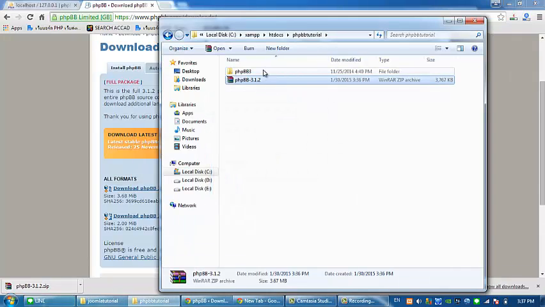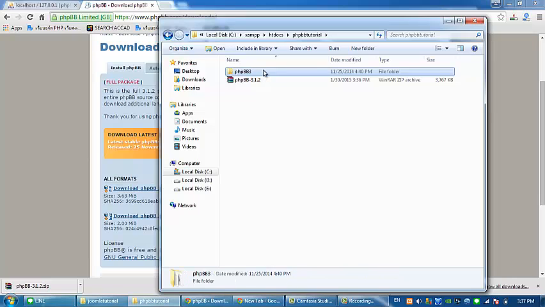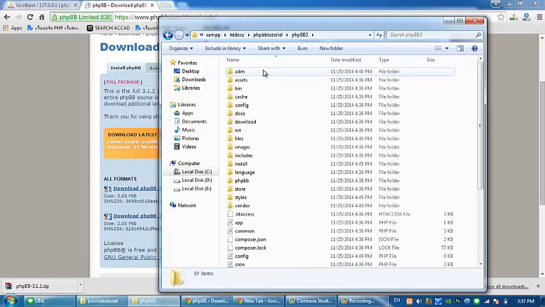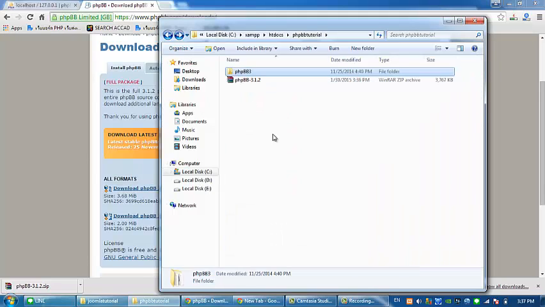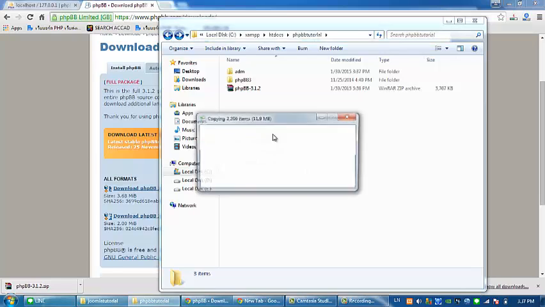And then after that, click the folder phpbb3 and copy all, and we will transfer it here. So paste it here.